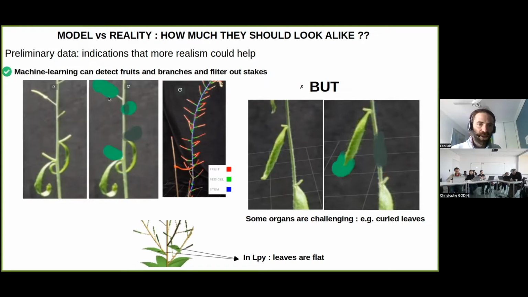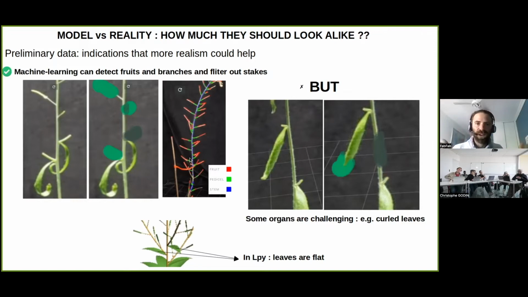And you can see that here you have an overlay, and this highlight overlays perfectly with the branches. So you can say, wow, it's really good. For example, here I have another plant, which is zoomed out, where you can see a full 3D reconstruction, and the point cloud is labeled differently if the part of the plant has been segmented as a fruit, pedicel, or stems. And what is very nice here is that the plant here is too thin